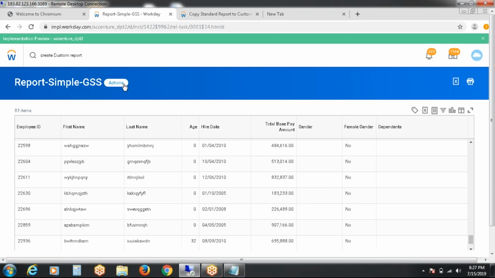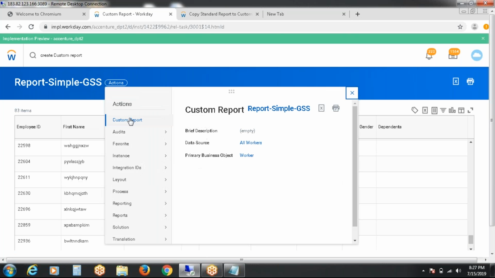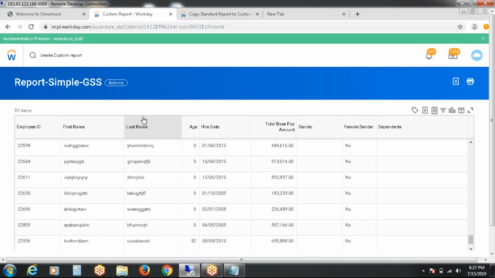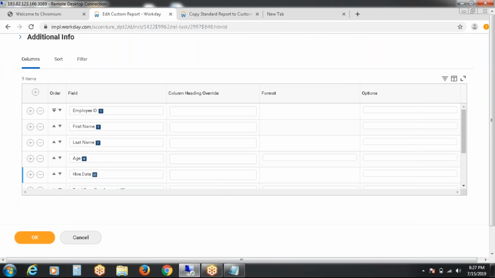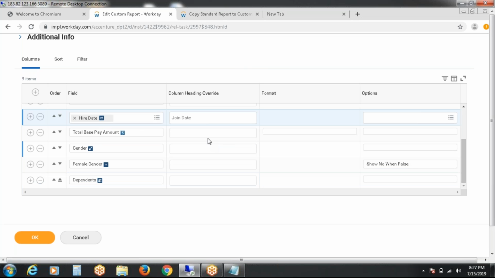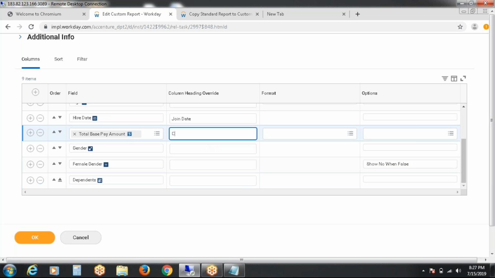And also there are other options to edit the column headings. Like if I want to change the hire date to joining date, because my team cannot understand what hire date means. Join date or appointment date, and total base pay as salary.